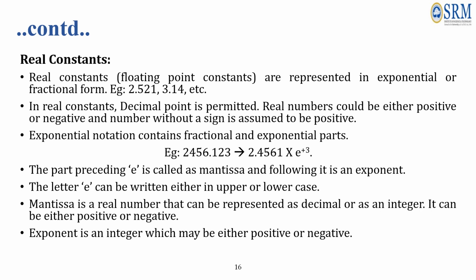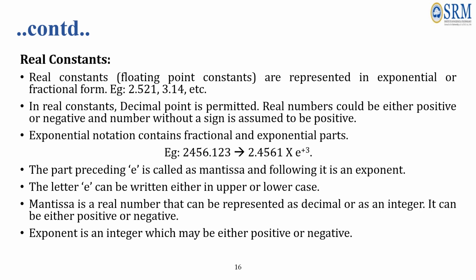That's why real constants play a role, and they are usually represented either in exponential form or fractional form. Real constants will have a decimal point, and just like integer constants, they can also have positive or negative values, and when a number is represented without any sign, it is considered